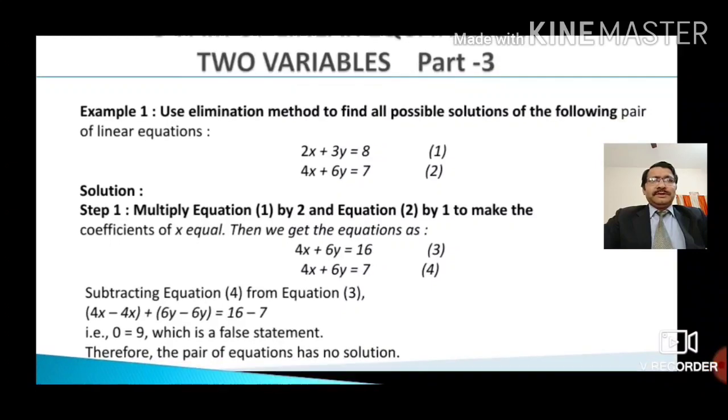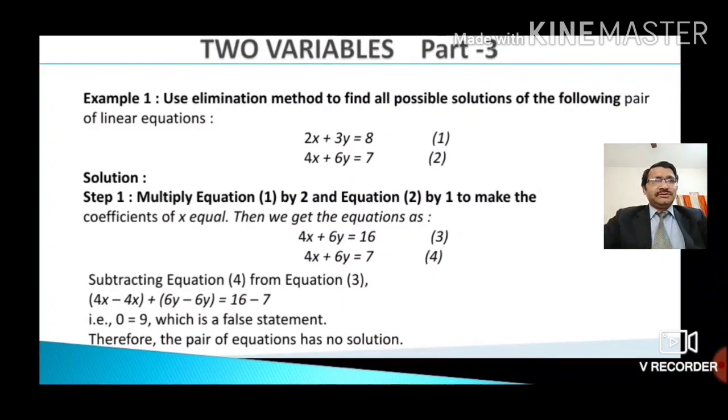Example 1: use the elimination method to find all possible solutions of the following pair of linear equations. First equation is 2x plus 3y equal to 8. Second equation is 4x plus 6y equal to 7. Here we will make the coefficient of x equal. The coefficient of x in the first equation is 2, and in the second equation it is 4. Look here, we multiply equation 1 by 2 and equation 2 by 1 to make the coefficient of x